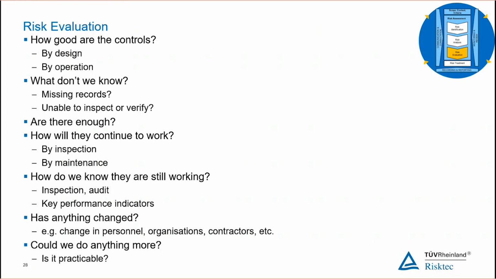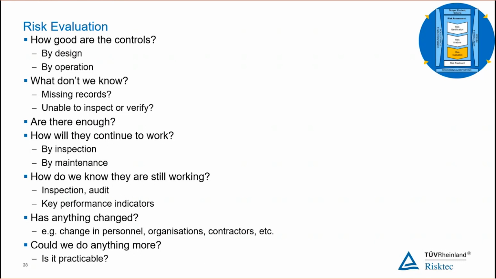Every control that we've identified is an opportunity for us to ask questions. How do we know that this is still going to work? How competent are the people who are looking after these controls? Do we have the assurance necessary to make sure that these controls are continuing to be effective? I mentioned earlier this through-life monitoring and review. If you are going to claim to the stakeholders that these controls are going to work, how do you know they're continuing to work? Does the maintenance information tell you that this control is still continuing to manage? What information do you have?